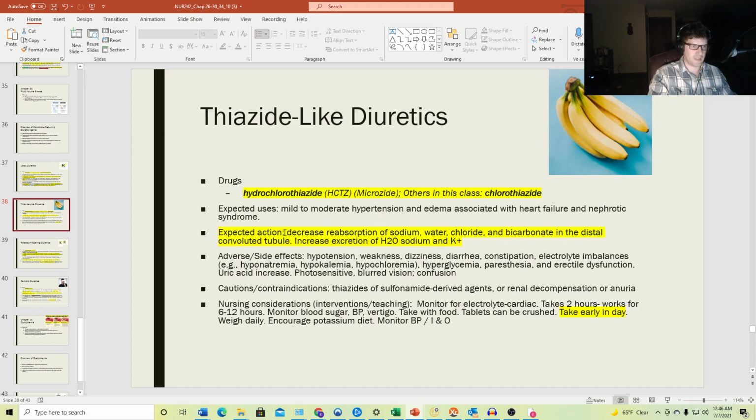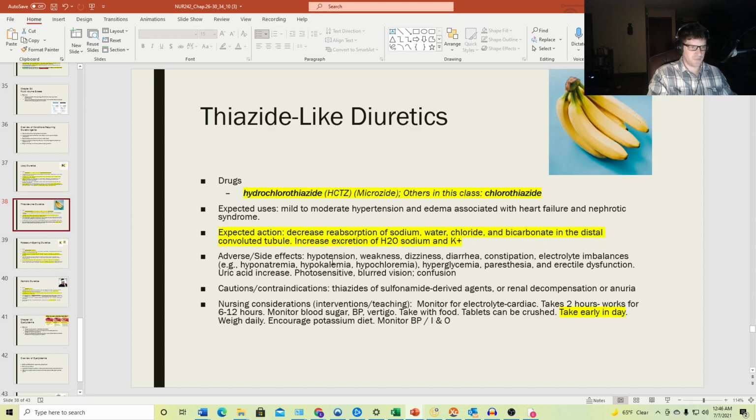So expected action: decrease absorption of sodium, water, chloride, and bicarbonate in the distal convoluted tubule. Increase excretion of water and sodium and potassium. Okay, I don't really have a lot highlighted here, so we'll see, but just going to run through